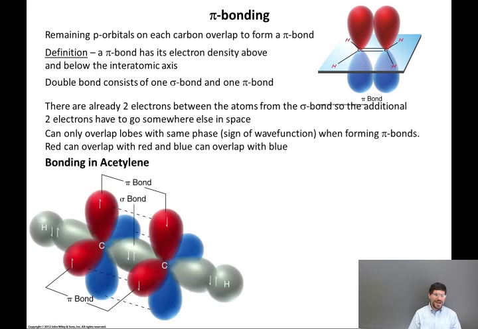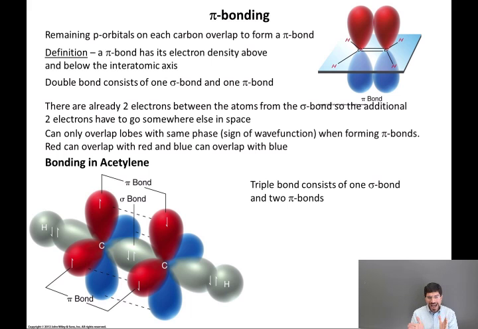Okay, what happens when we try to move to the triple bond? In acetylene, the triple bond consists of 1 sigma bond and 2 pi bonds. The sigma bond consists of the overlap of an sp hybrid on one carbon with the sp hybrid on another carbon. The second sp hybrid on each carbon can overlap with the hydrogen atom on that particular carbon, but that leaves 2 p orbitals left over, one vertical and one horizontal,